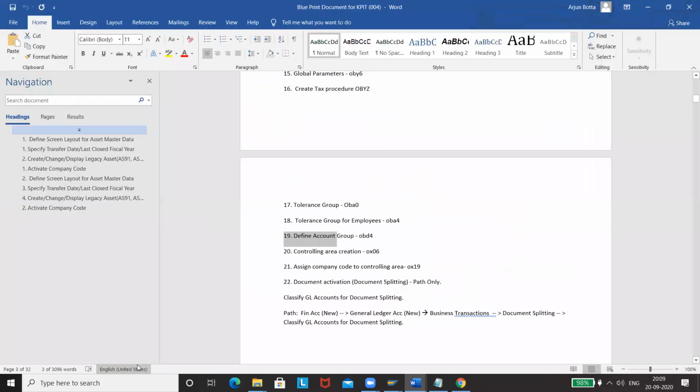In that case, this document will again come to our rescue. So yeah, OBA0, not A3. This one, tolerance group. We have to maintain these things.